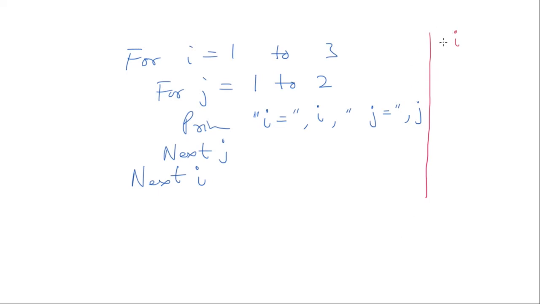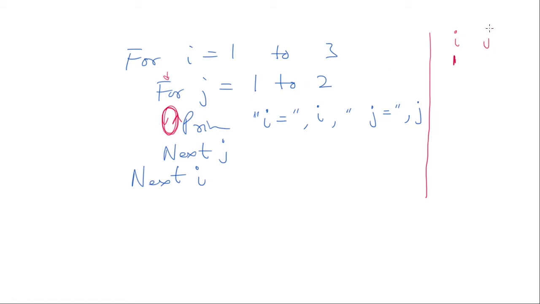Okay, that's right. So what happens is, let us see what the computer reads. It first says, okay, I is equal to 1. What becomes the value of I? 1. And then where does the computer go? I is 1, it goes over there, right? And then it goes into this loop, right? Where I was 1 and it enters the loop where j is how much? First it says, okay, j is 1.